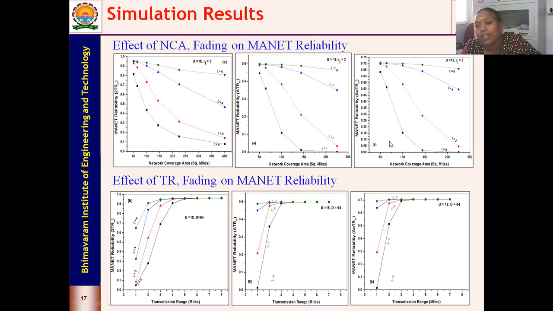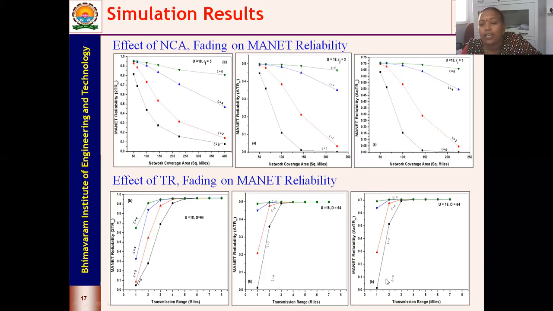And now in the next case, the last case, we have all operational terminal reliability. So maybe out of 18 nodes, maybe 10 were operating or 5 were operating. So we see that the reliability when you try to calculate is going to be between your 2TR case and the ATR case. So this is for the case of the NCA.